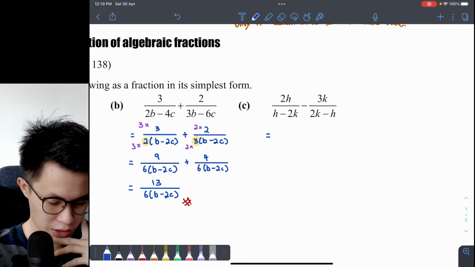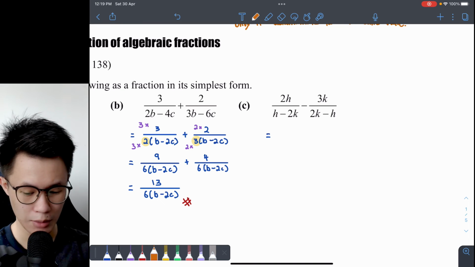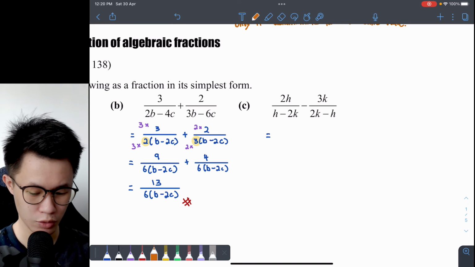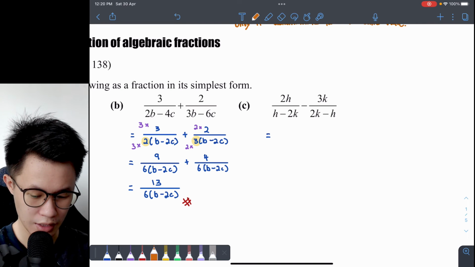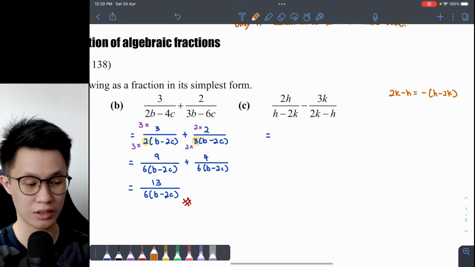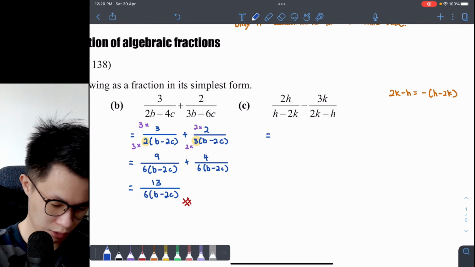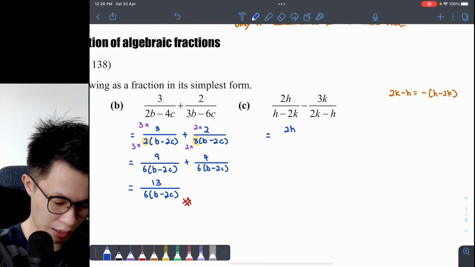This is a little bit tricky because your h minus 2k is kind of separate. But let me just show you what is happening here. Can I actually write that 2k minus h is equals to negative h minus 2k? So this is just factorizing out a negative, right? Now I'm going to use this inside this fraction over here. I have 2h